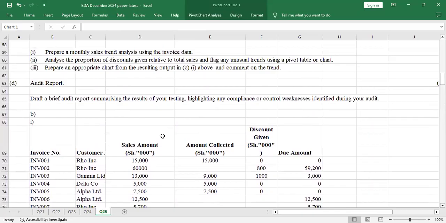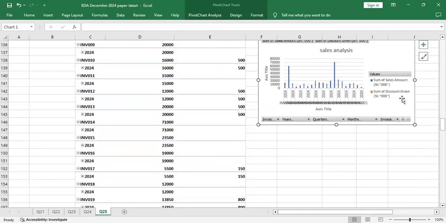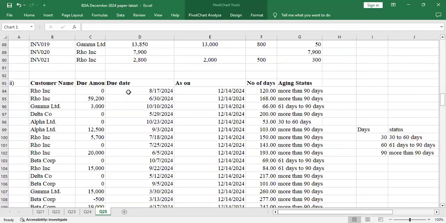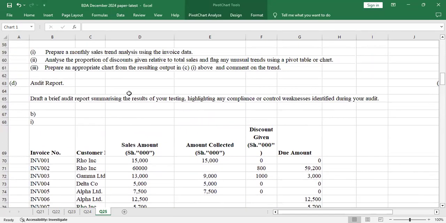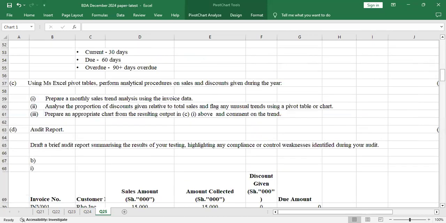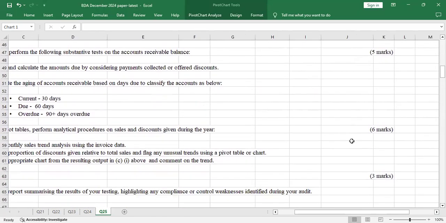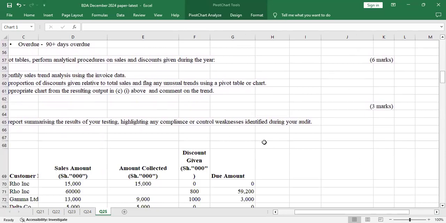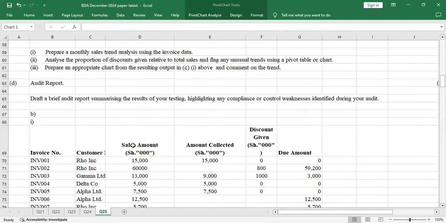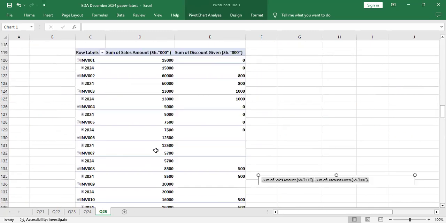Then now the last part. We have prepared an appropriate chart. I think this was also 2 marks. The examiner was so mean with the marks, because he gave a total of 6 marks. Then on the last part, which was 3 marks, the examiner has told you to do an audit report. Part D is audit report. Draft a brief audit report summarizing the results of your testing, highlighting any compliance or control weaknesses identified during your audit. So here you just come and say,